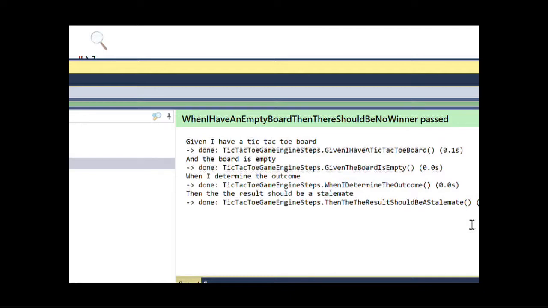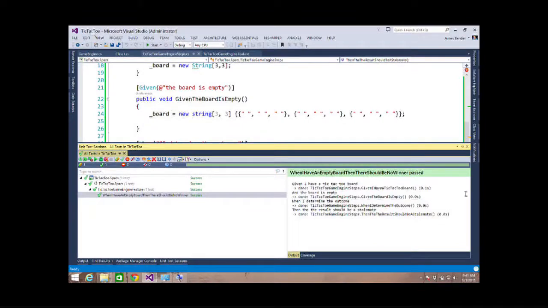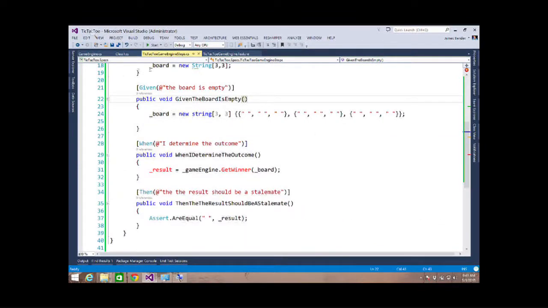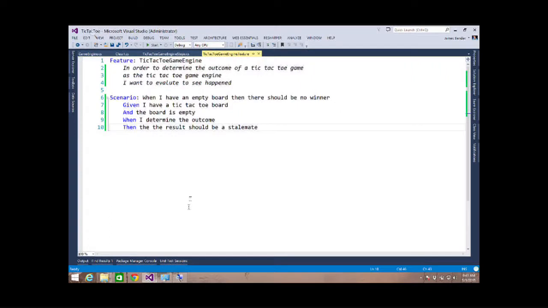I like that. Now, here's another cool feature, which I kind of talked about, the reuse idea. This is something that's going to kind of blow some of you TDD guys away. What's another scenario we can do here? Say all top rows are X's and X wins, right? That's the tic-tac-toe thing. Sure? Okay. So we'll do scenario when X is in all the top row, then X wins. Reasonable? Okay. So